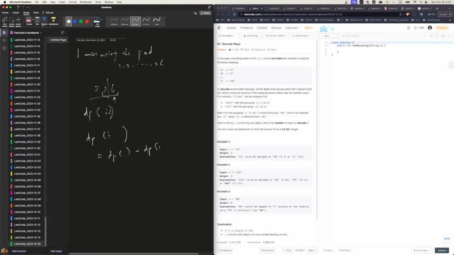So in that case, this will be dp[i-1] plus dp[i-2]. Is that right? Because I'm here, if this is valid, then I can do this. Okay, so then we start. s contains only digits, may contain leading zeros, so leading zeros need to be eliminated. So in this way, dp[0],